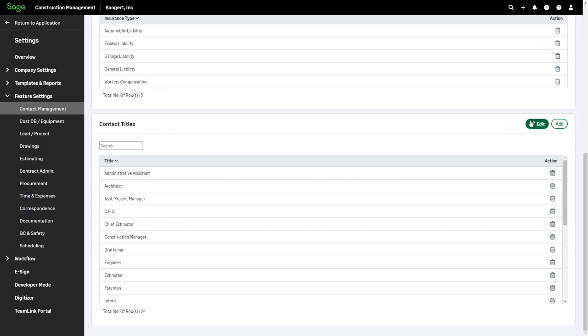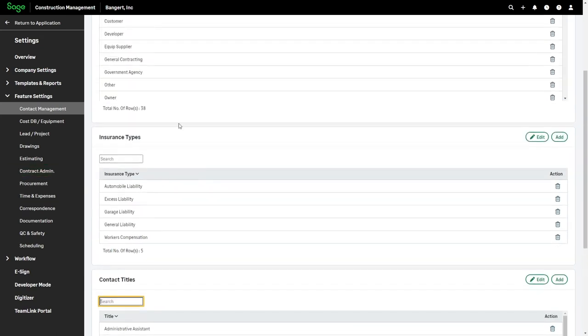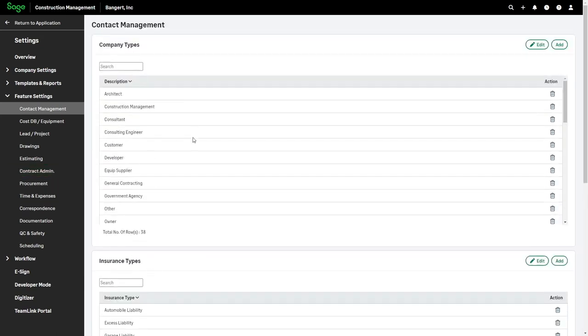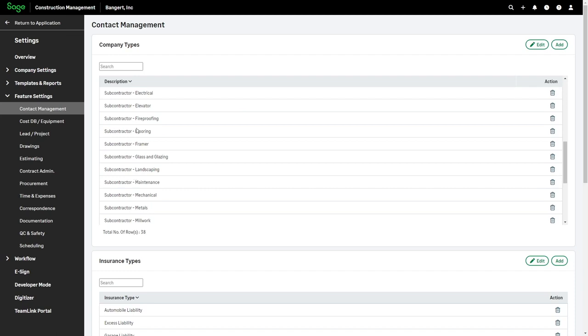And exact same user interface as far as editing existing ones or adding new ones or searching to see if what you're looking for is in the list, deleting. So all the exact same look and feel as the other two types that we looked at there. Now, one thing that I'm going to jump ship here a little bit and also kind of just take a real quick flyby is I said earlier that don't worry about these company types trying to get too crazy into what type of trade they do and so forth.